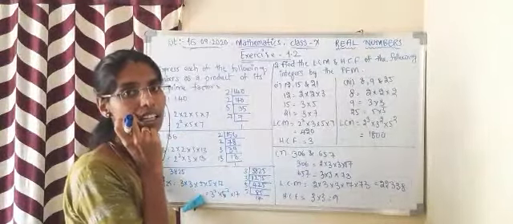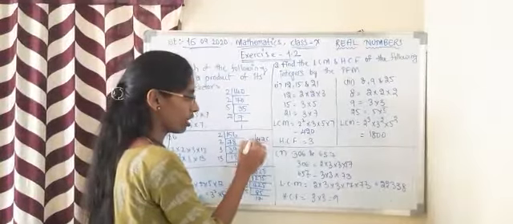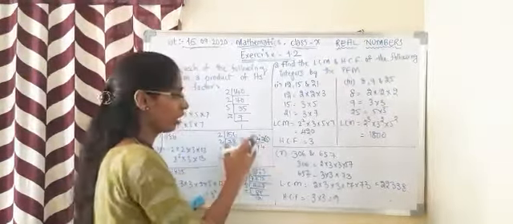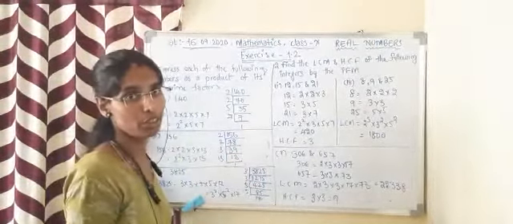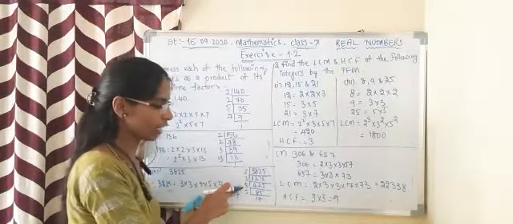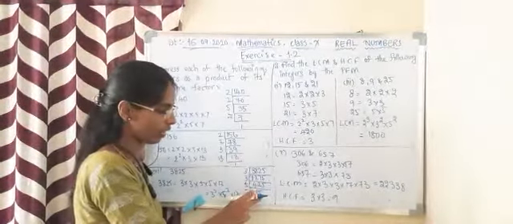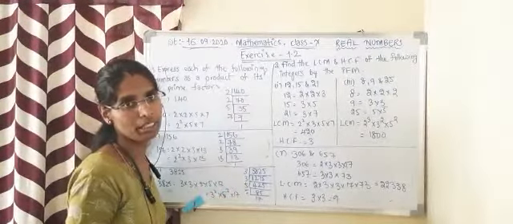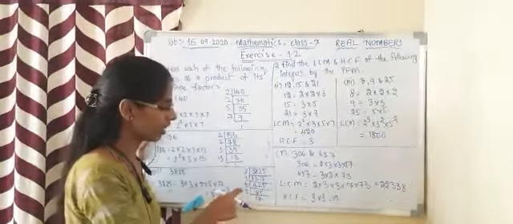Again 425 is an odd number. Therefore 425 we cannot take in the 3 table, like 3 ones are 3, 1 will remain, 3 fours are 12, 5 will remain, which will not come in the 3 table. We won't get it in the 4 table either, as it is an odd number. So we shall go for the 5 table directly. 5 eights are 40, 2 will remain here, 5 fives are 25, and again 85. We can't get 85 in the 3 table, because 3 twos are 6, 2 will remain, 25 will not come in the 3 table. So we shall directly take the 5 table.